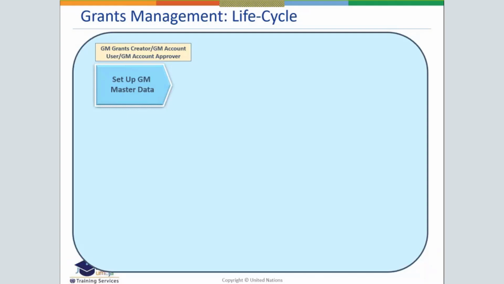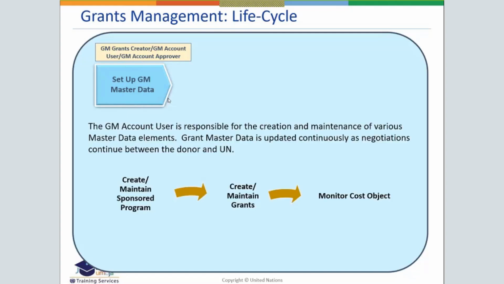So we have this agreement signed, and we are going to start setting up in the system all the grants management master data that we will need. Involved in this action are the grants management creator, grants management user, and grants management approver. At mission level, the grants creator will not be given, so the GM account user and GM account approver, okay? Master data. So this GM account user will create the type of grants that we will need in our process or in our agreement, and will maintain this master data. And very important as well, will monitor